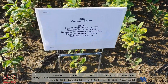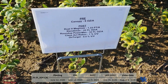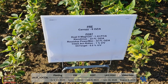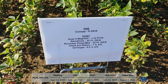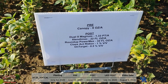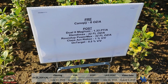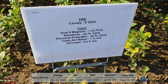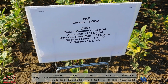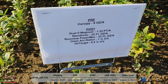Okay, so here we have Canopy, and Canopy is going to give you metribuzin and chlorimuron. So with that, you're getting one effective site of action, that group 5, and then coming back with Dual II Magnum. If you remember, we had Boundary earlier, and with Boundary you have metribuzin and Dual. So the same combination here, trying to get to the same rates. The difference here is we do have Classic in this one as well, but just splitting apart that metribuzin and that Dual that we had in our Boundary